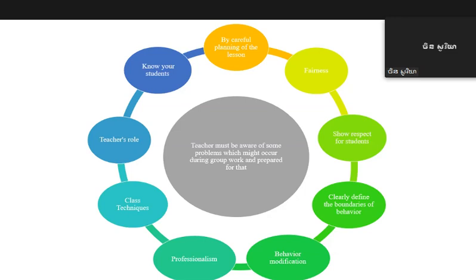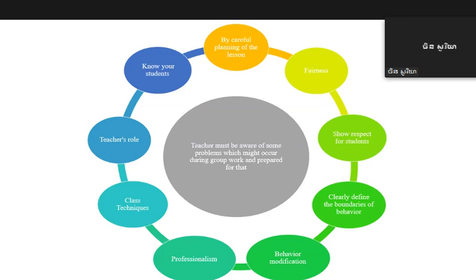Be fair. It's very important to be fair to the class, not only to the stronger student or the active one, but to every student. Show respect for the student. It's not that only you are the teacher and you don't show respect to them. Show respect by calling the student's name, by saying thank you or praising them, and by listening to their speech. It's very important to show respect when they speak, so you listen.